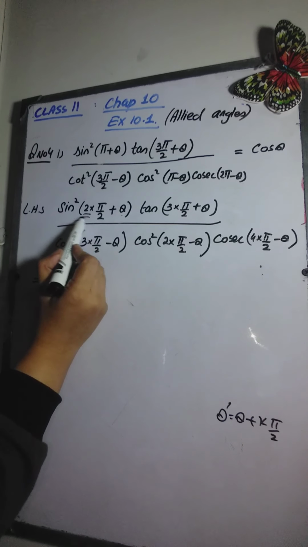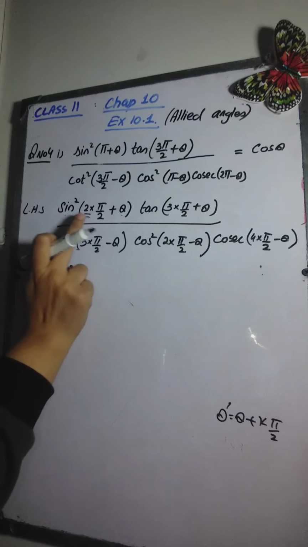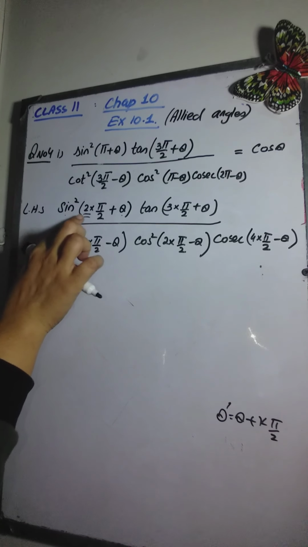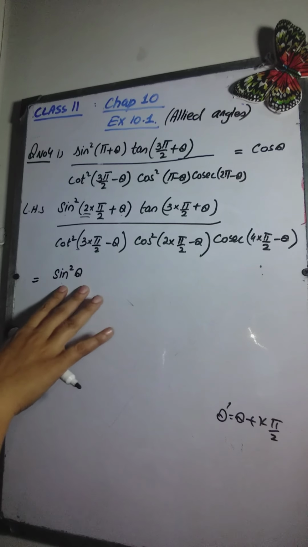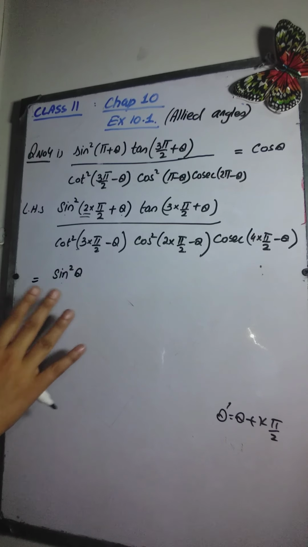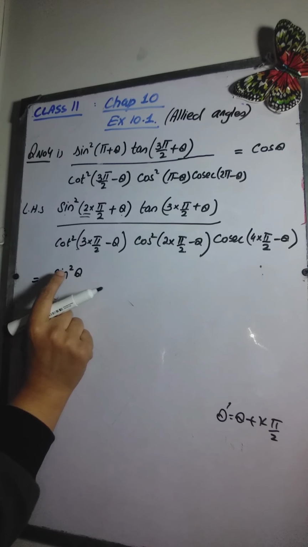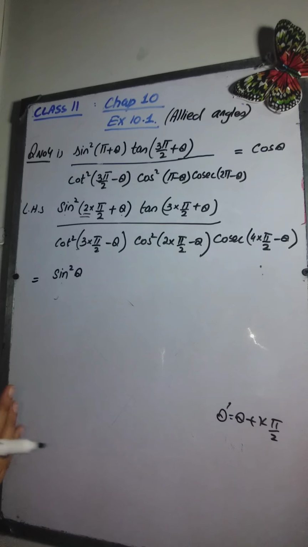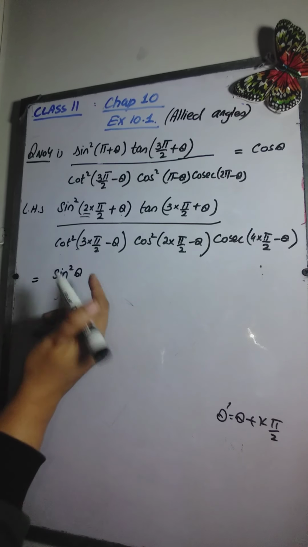You are going to ignore all this part. You are just going to write sine of theta. Sine will go to sine because we have an even multiple of pi by 2. If it was an odd multiple, we would have changed sine to cos. And now we don't have to decide about the sign of this angle, because over here we have a square. Whether it's negative or positive, at the end we are going to get a positive number, so no need to look for the signs.